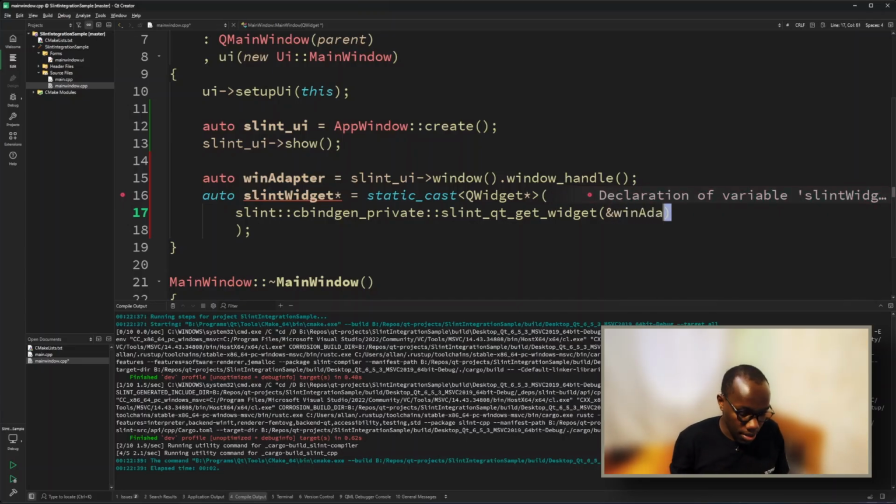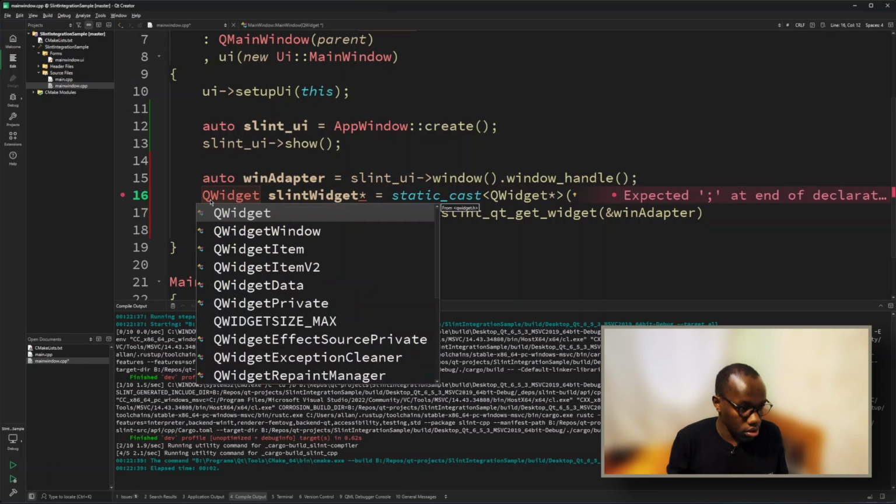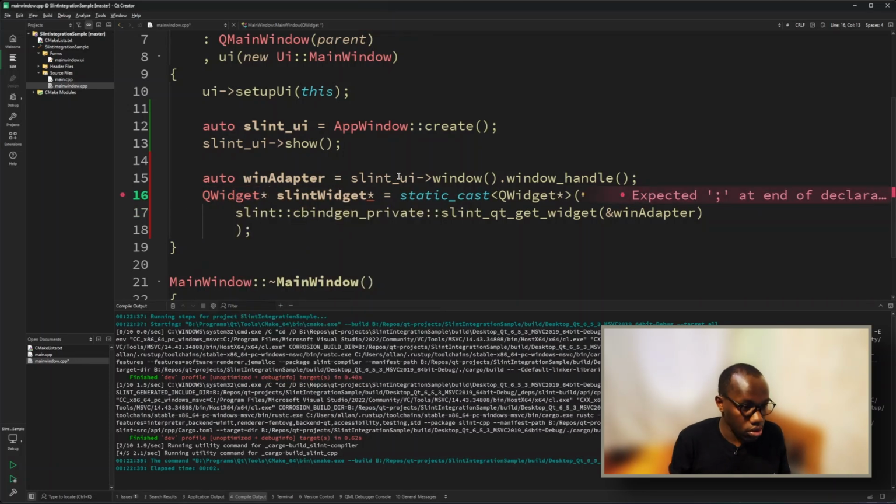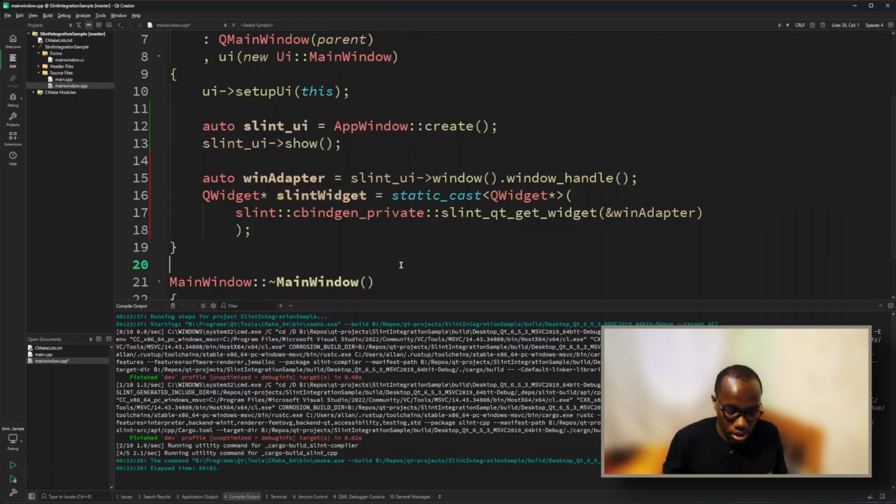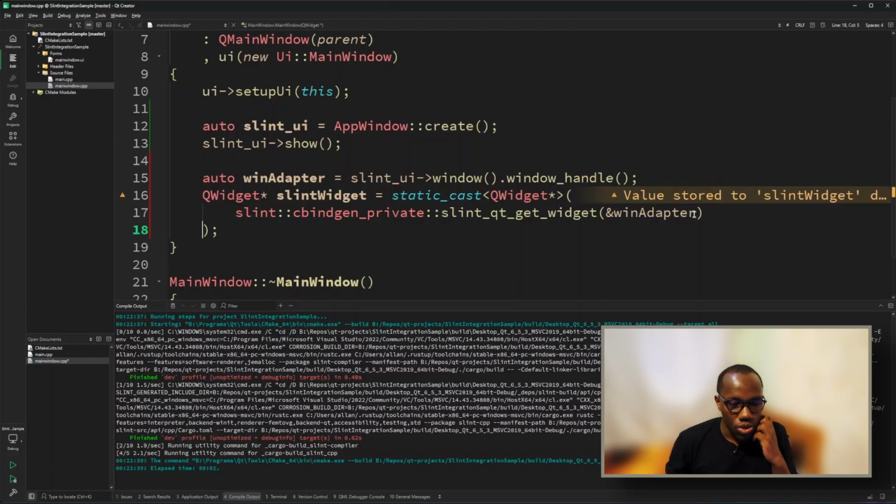So win adapter, we pass it here. I think it's supposed to be that way. I think that's my mistake. Yeah. So basically it's accessing a private API called Slint Qt get widget, and this expects you to pass in a window adapter RC, and then once that's passed in, we are casting into a Q widget pointer, and that's what we'll be working with in our